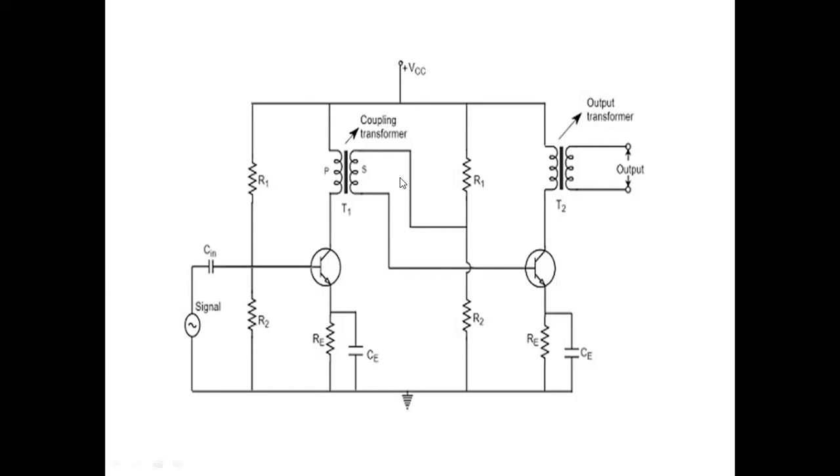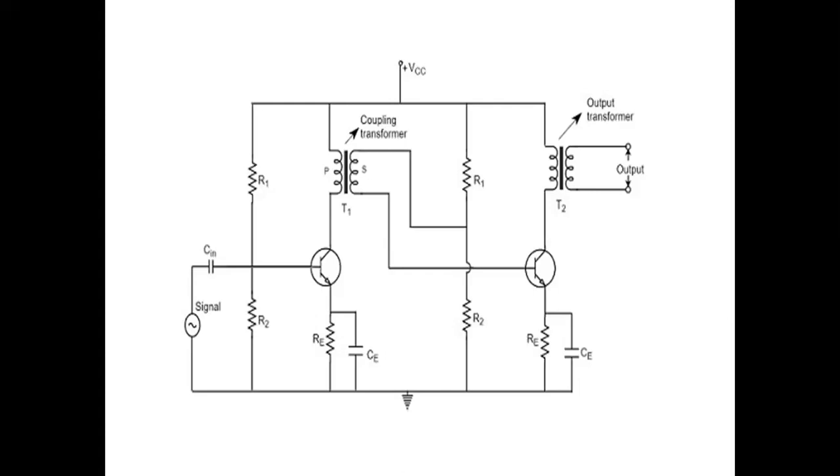Here, the DC content will be blocked by the transformer. The transformer blocks the DC of the first stage and provides DC isolation between the two stages. Therefore, transformer coupling does not affect the operating point of the next stage. So the DC content should be blocked stage by stage.